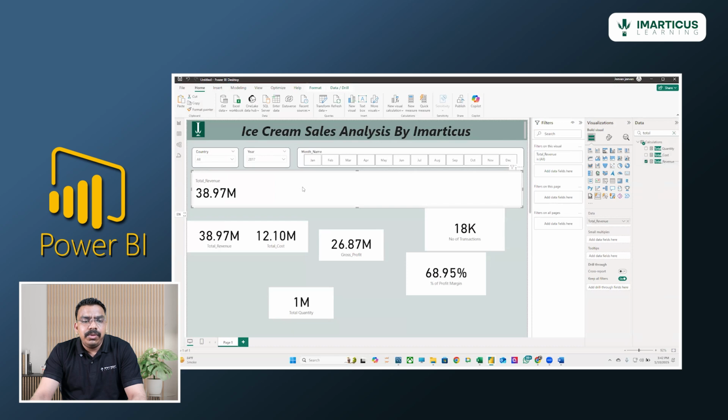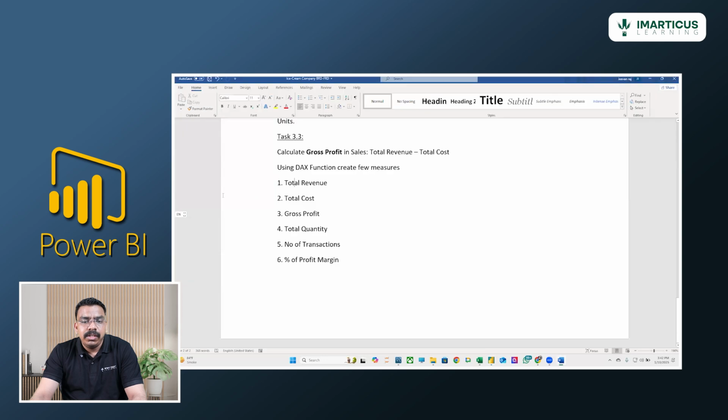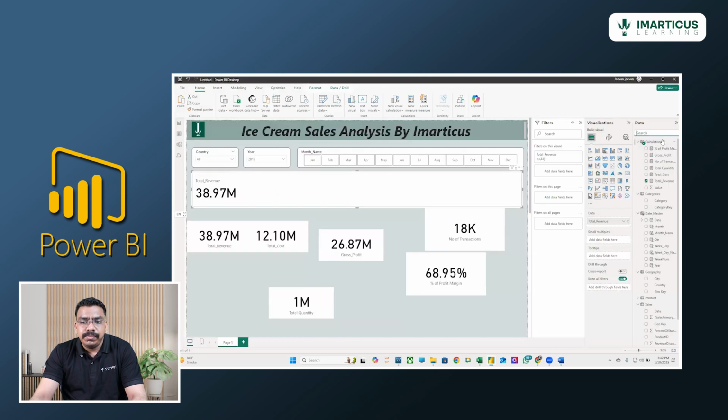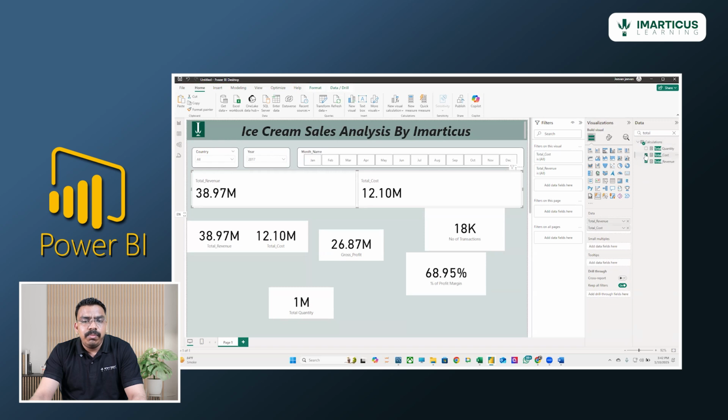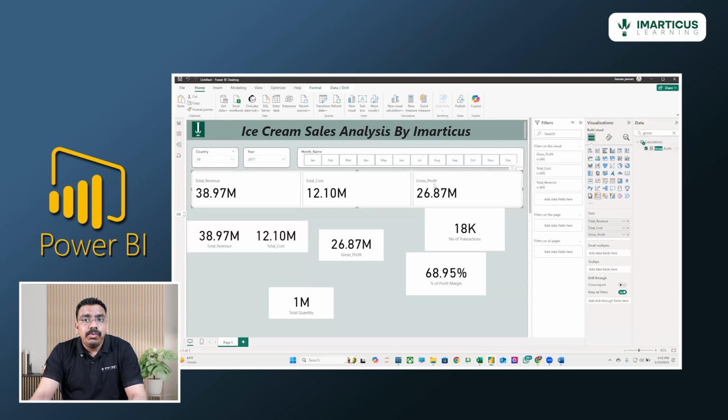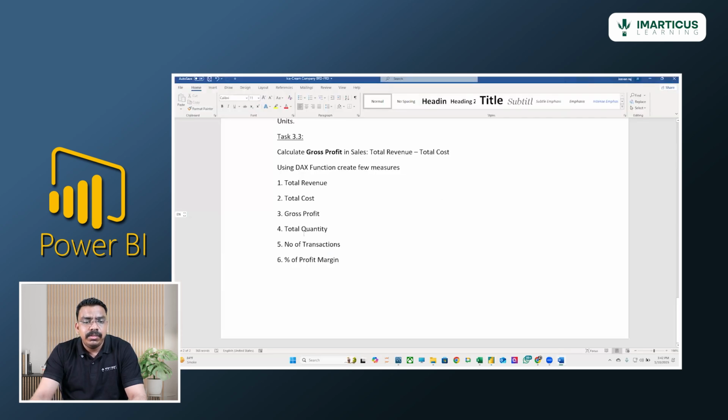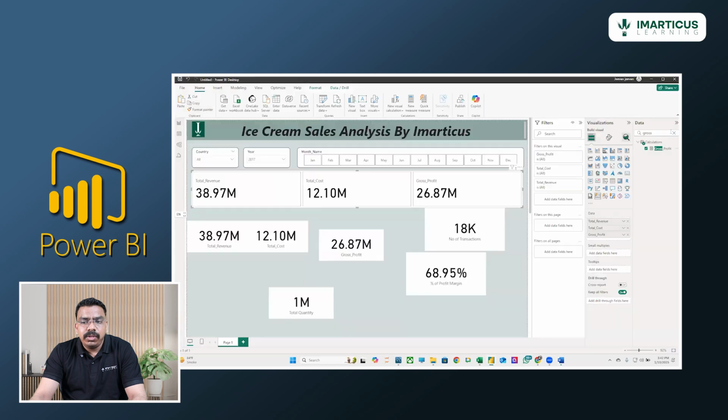I can see the total revenue generated in the year 2017 is 38.97 million, and total cost generated was 12.10 million, and then gross profit was 26.87 million,